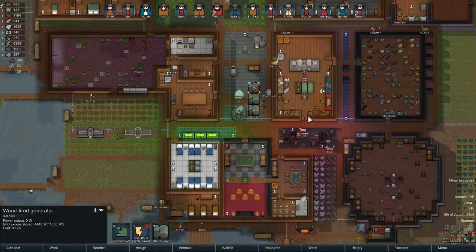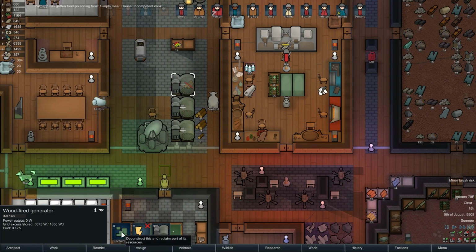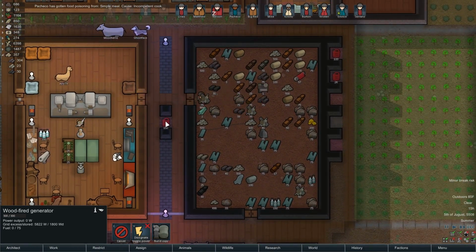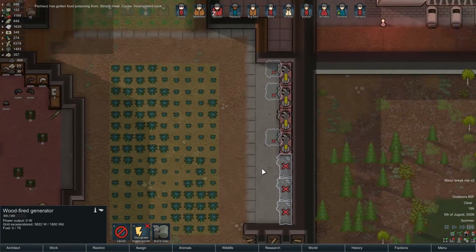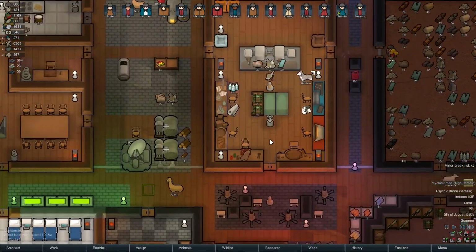I wonder if... we don't need 3 of these, do we? Say we just tear one down. A wood fire generator. And if it turns out we do need it, I'm going to build a chem fuel one anyway, although we're getting low on chem fuel. Where'd it go? I guess we transported it recently, but...